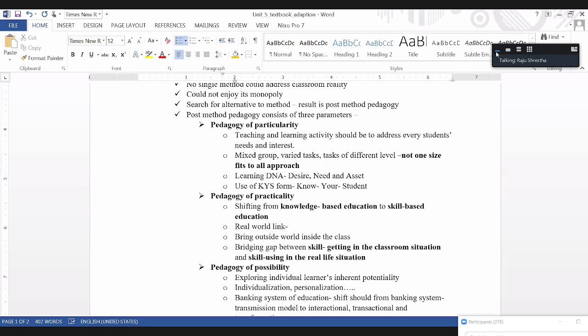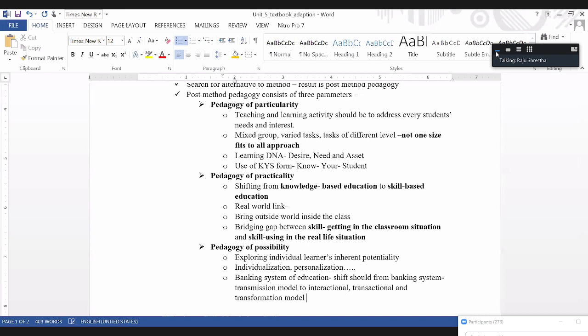Now this transmission model is mainly based on behaviorist learning theories. So what behaviorists claim is we can develop good habits by repetition, memorization, drilling, pattern practice. We can form good habits of the students. That is learning behavioristically. Same thing happens in the transmission model. Transmission, teacher transmits or transfers his or her knowledge into students' minds. This kind of system we have now. We have to shift from transmission model to interactional, transactional, transformational model